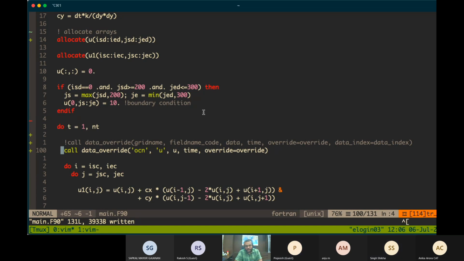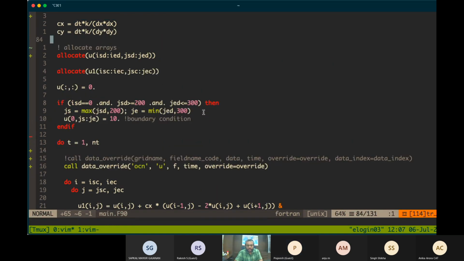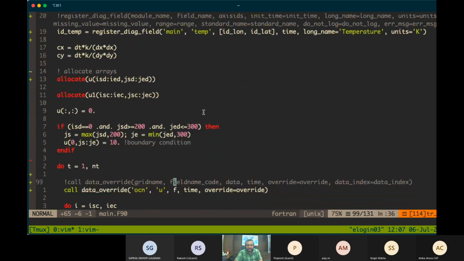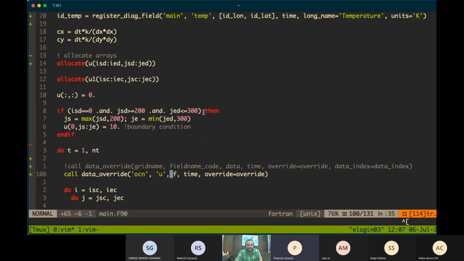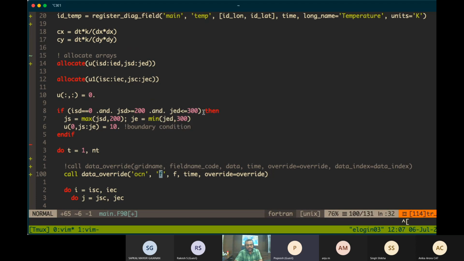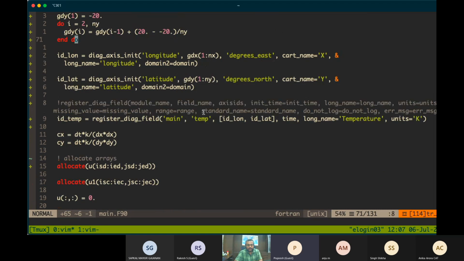Here you are overriding it as U, but U is a model variable itself, no? Prognostic variable. Yeah, prognostic variable. This is just for example. We can put something else. Maybe you can keep it as a source term for heat in this example, some source term for every time step, like SFC, surface flux condition. I'll just keep it as F, variable name as F.